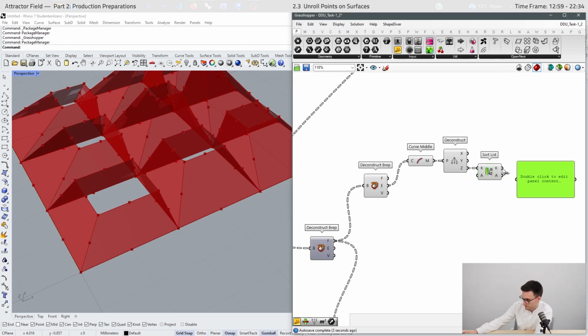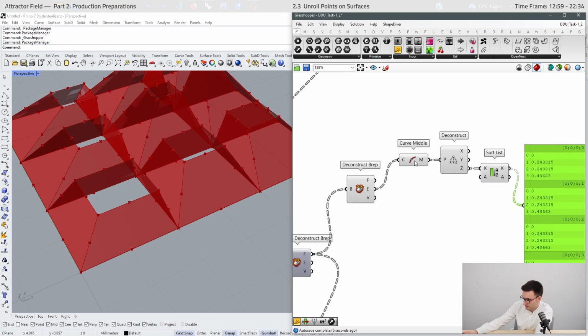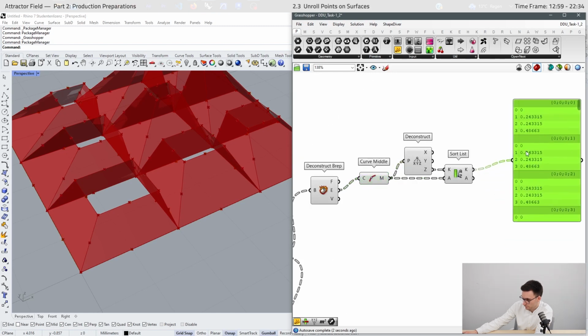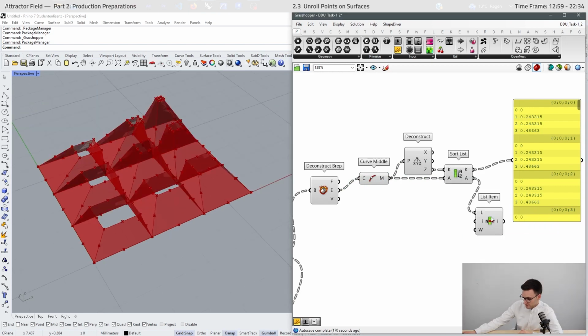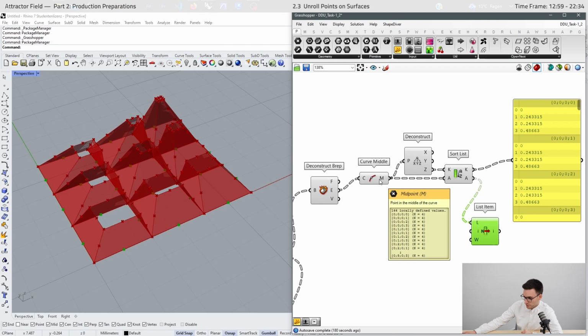Therefore, the smallest value will be on top at index 0. Then we can sort the points. Then we can use the List Item component to receive every item at index 0. And here we are sorting the points.